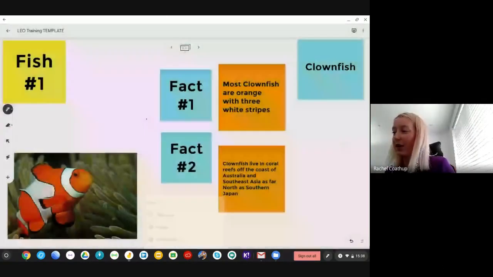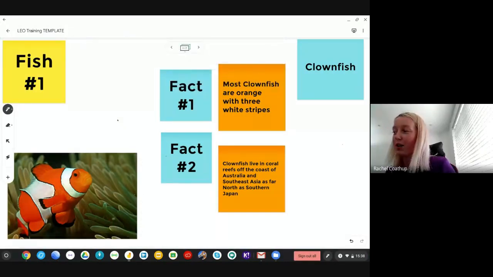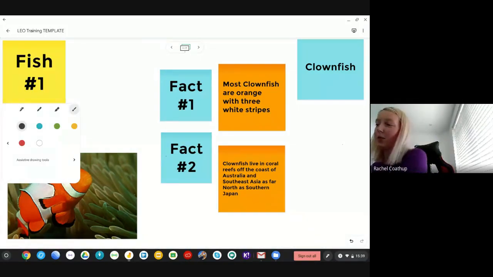So what I did was I set up a slide for each of my students to be able to work on so that they could put their content in one location rather than having it sort of all over the place. What's really nice about this is that obviously when they go into the assistive drawing tools as well,